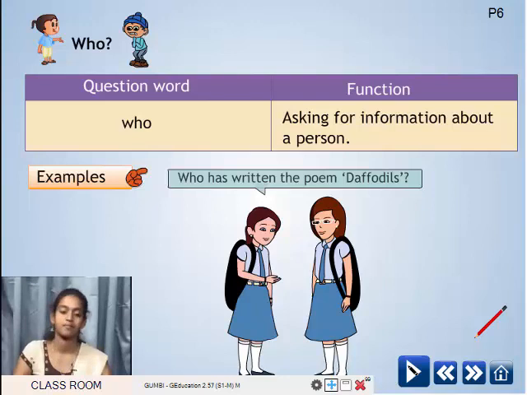So now look at this picture. The weather is very pleasant today. There are no clouds in the sky. The sun is shining brightly. So here in this picture, what do you see? The weather is very pleasant today. There are no clouds in the sky. The sun is shining brightly. You saw in the poem earlier when we started the class, the sun shining brightly. So here also you see the same sentence appearing. The sun is shining brightly.